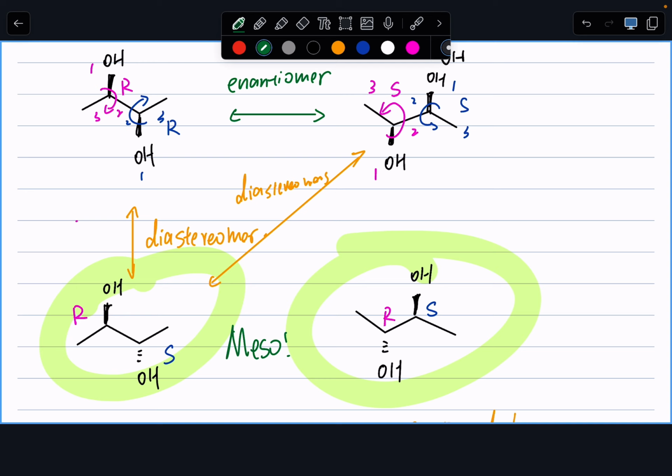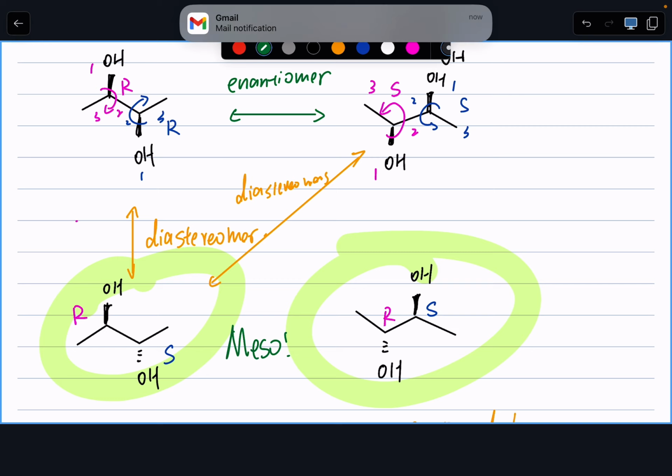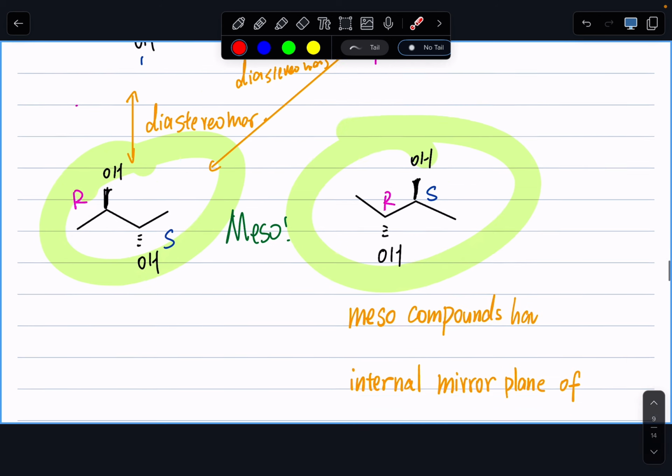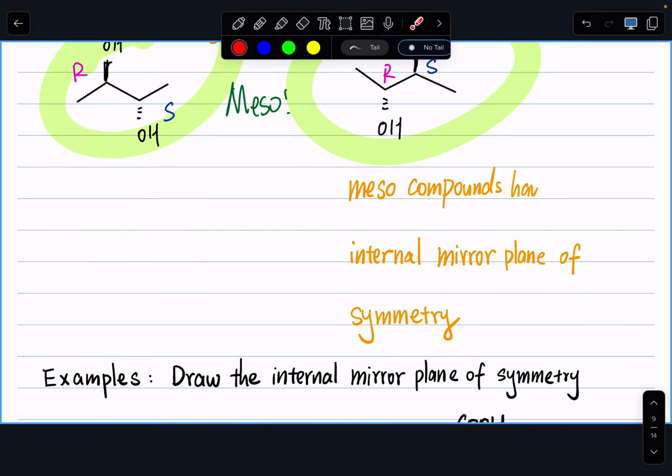All right, and going back to our definition of the meso compound, I'm going to read it again with you. A meso compound is a compound that contains multiple stereocenters but is superimposable with its mirror image. So a meso compound will have an internal mirror plane. So in here, where is my internal mirror plane? It's not very straightforward when we're looking at it in its original trans configuration, or when we draw it like this. But when we put it into the cis configuration,